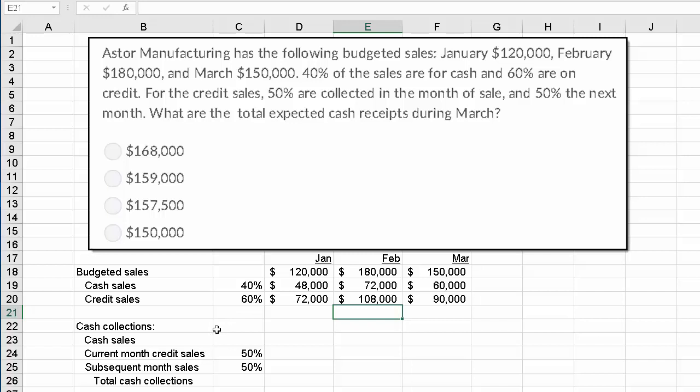Okay, so then I've got to think about what are my cash collections and what are the total expected cash receipts. All right, so the cash we're going to get in the current month, we get it immediately when we have a sale, so I just could copy those down there, and I've got that information. Then 50% of the credit sales, so I'm going to multiply the 50%, that's the 72,000 for January,